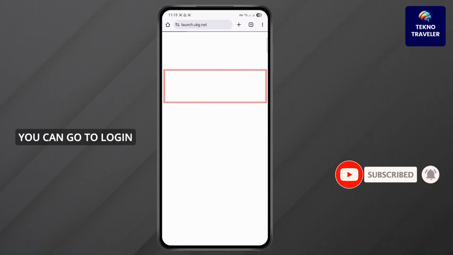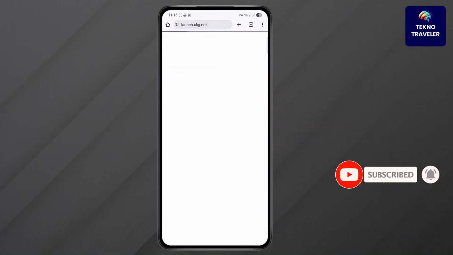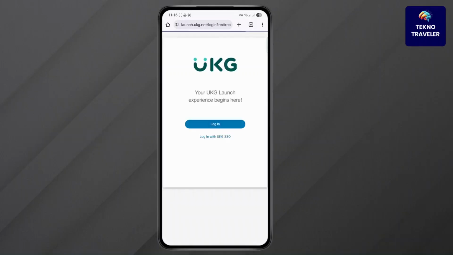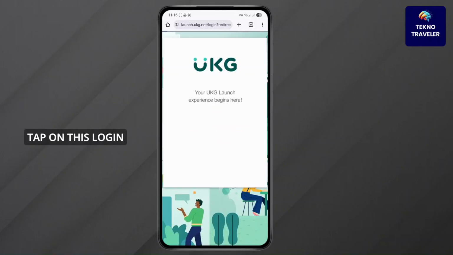You could go to login UKG launch, and here go to launch.ukg.net. Now on this page, you'll find the login option. Simply go ahead and tap on this login button down below, and then you'll have to head over to the